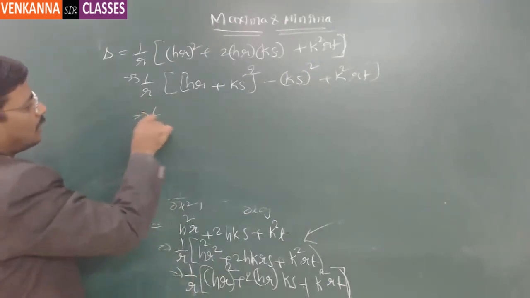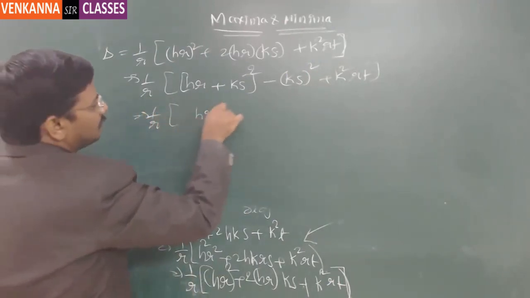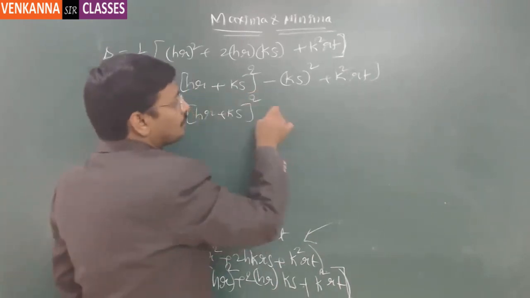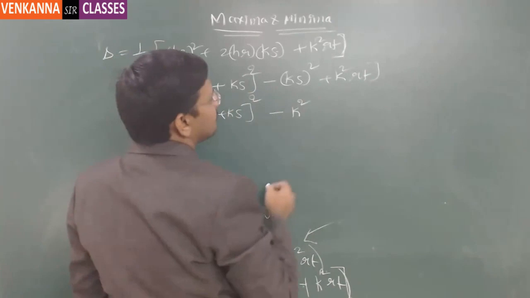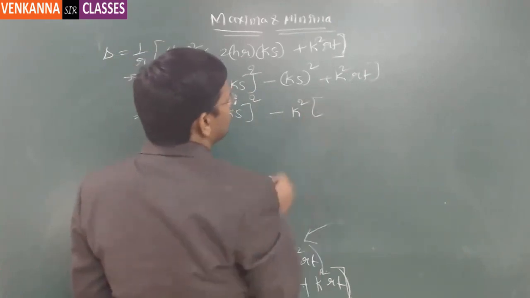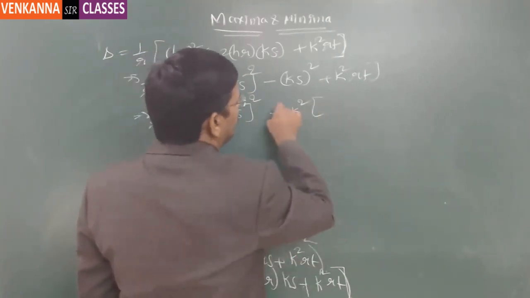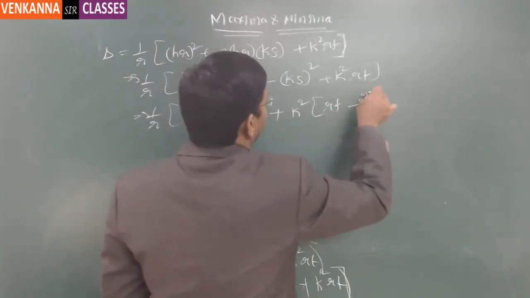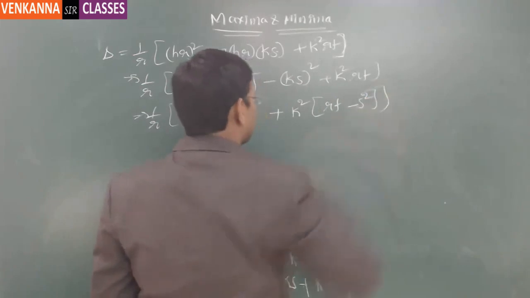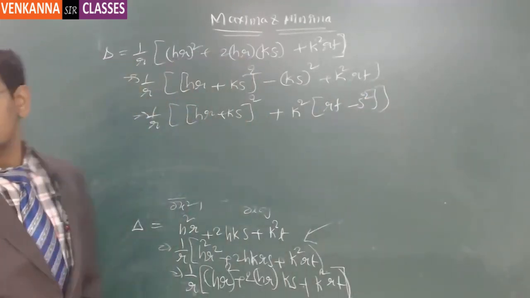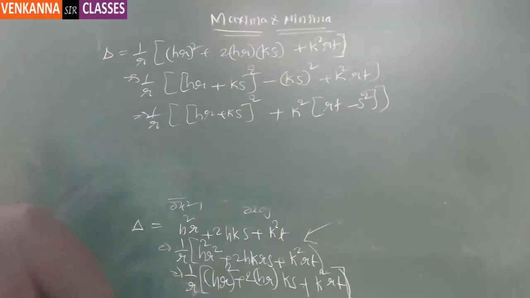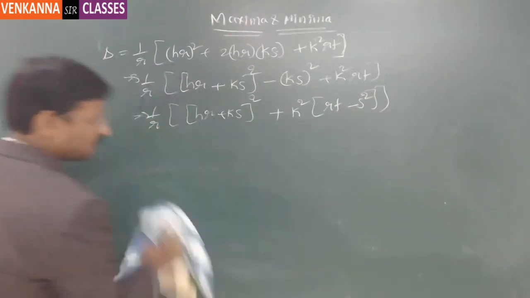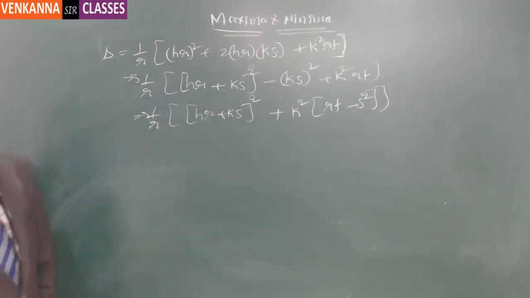And this is 1 by R times of (HR plus KS) whole square minus K square, or plus K square (RT minus S square). Got it? Understood? Now here, if you notice, here actually